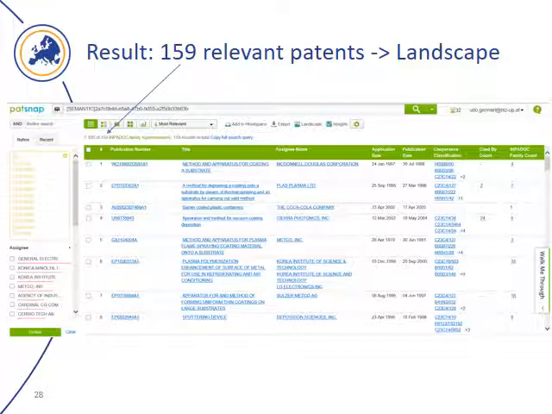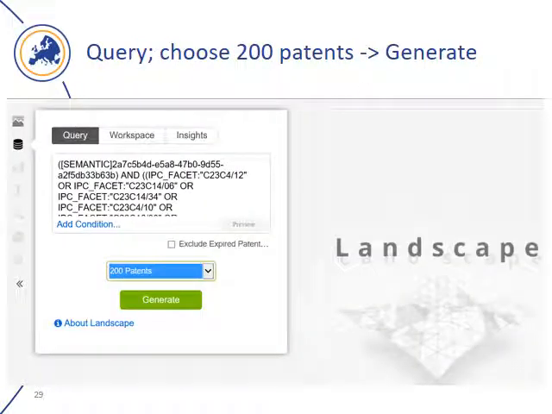So we have the 159 indicated always here in the line above the patent list, and we push the landscape button. We arrive again at this window. In this case now we choose not 1000 patents but 200 patents,